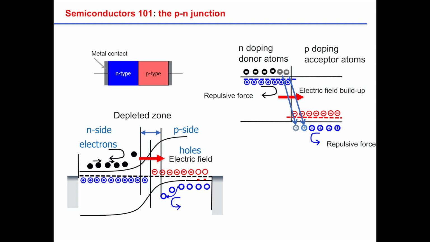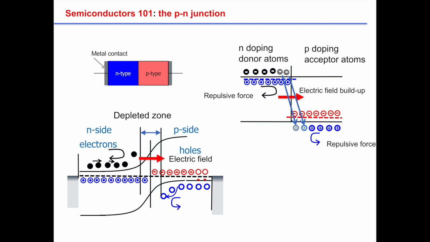pieces of semiconductor with either electrons or holes. So to have electrons, I put donor impurities on one side, and on the other side I will put acceptor impurities. So I know that I will have electrons on one side, holes on the other side. Actually, when the electrons and holes recombine, they will leave the ions, donor ions or acceptor ions, behind. And of course, those charged impurities will give me an electric field which will repulse electrons and holes and will create an energy barrier. So I don't want to go into details.